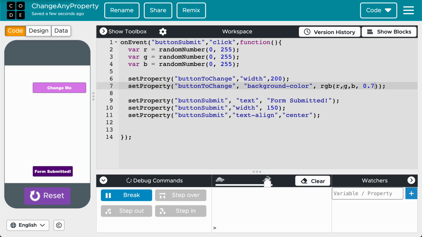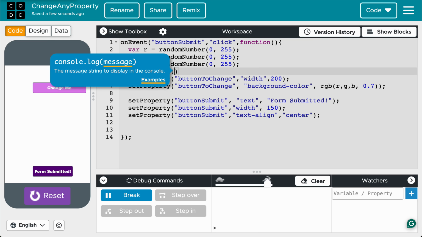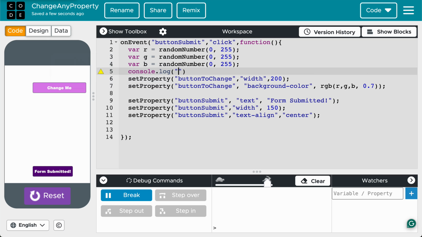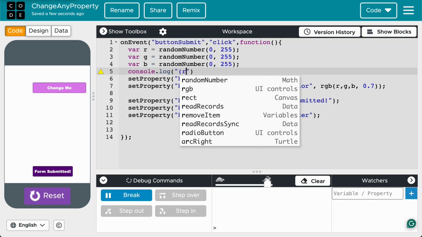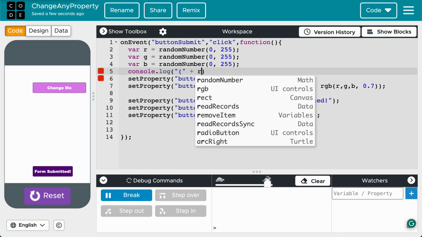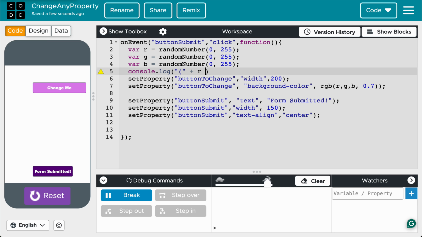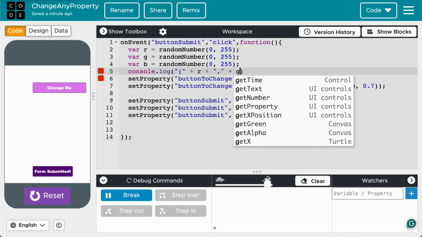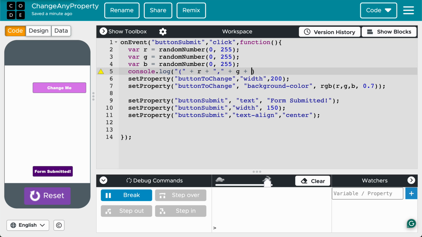So what have we done here? We've gotten random numbers, and just so we confirm that we are actually getting random numbers here, I'm also going to try console.log, and let's say we're getting R. I want to show you what we're doing. The value of R, let's plug that here, and let's say we want to have a comma right in between that, and the value of G goes here, and we concatenate that